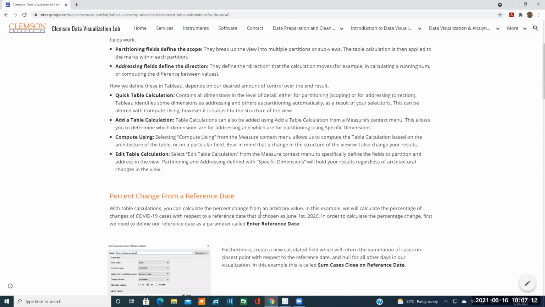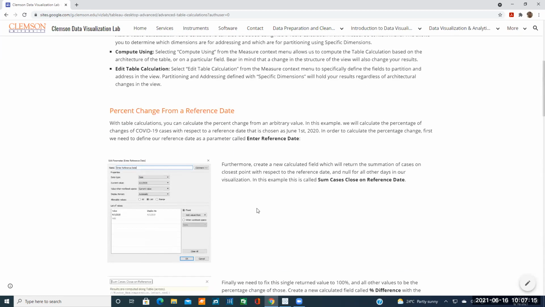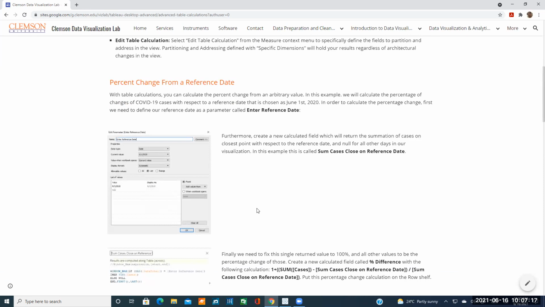The first example that we want to create is calculating the percentage difference from a reference date that we have. In order to calculate that percentage difference from a reference, first we need to create a parameter called the enter reference date, and we could just choose a reference, for example, first day of June of 2020,